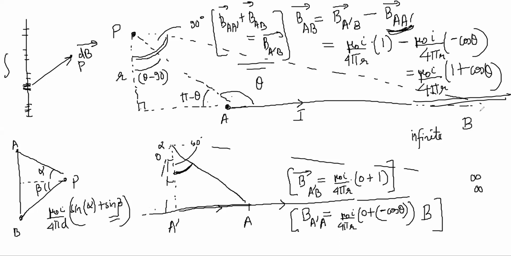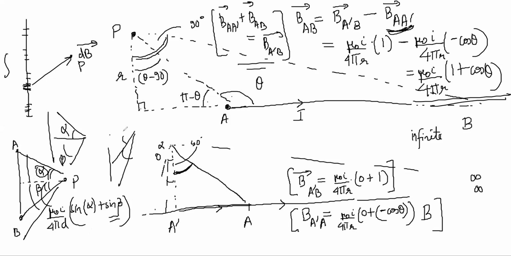But then why didn't the first approach work? Just find it due to AB only. So why did it come wrong? Because our directions are wrong. Our angles are wrong. This formula is valid for alpha on this side and beta on this side, and in this question both the angles are on this side. That's why our sign is wrong.